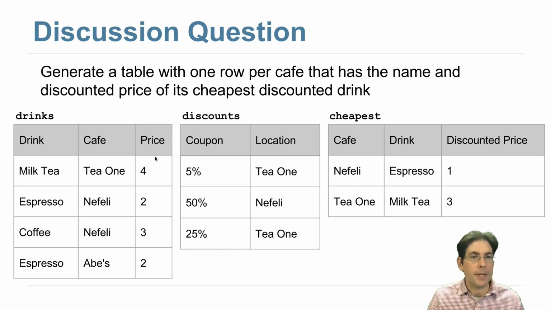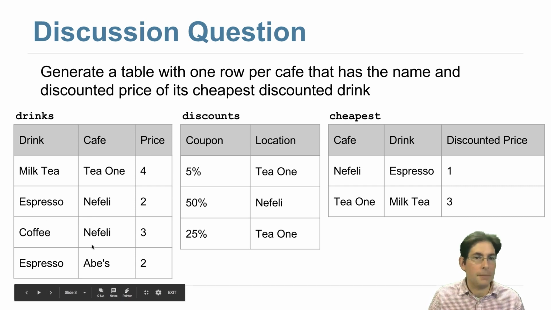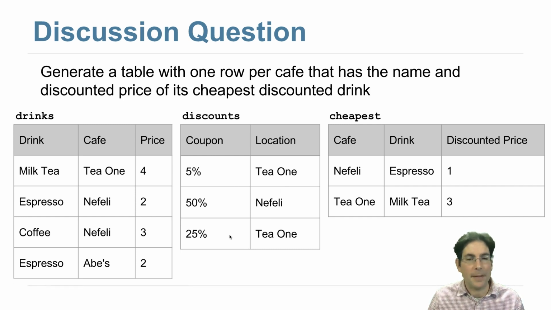So we start with the drinks table, where we could have multiple drinks for a cafe. We also have the discounts table, where we could have multiple coupons per cafe. We're only interested in cafes that have drinks with coupons so that we can get a discounted price. And what we want is one row per cafe that writes down the discounted price of the cheapest drink they